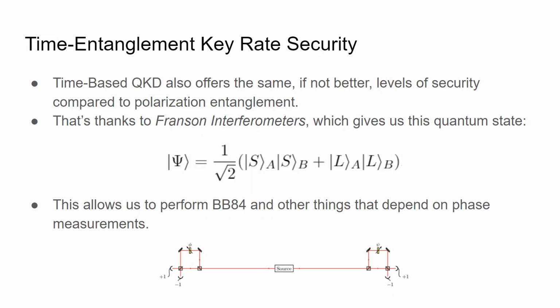So because of this, this is the security argument. Because of this, together with the rate comparison from earlier, we want to claim that overall time entanglement seems to be just a superior alternative to polarization entanglement, which is why we want to focus on time entanglement right now. And so now we're using time entanglement,